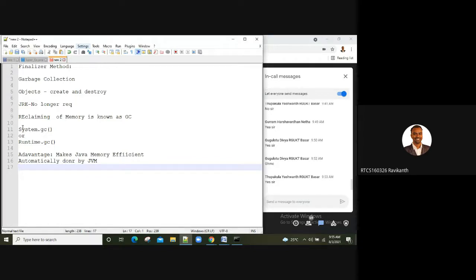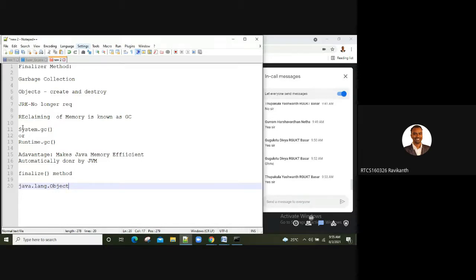In the other way, we can also make use of the finalize method, which can be used to release the occupied resources. This finalize method is part of java.lang.Object.